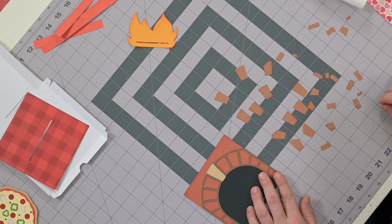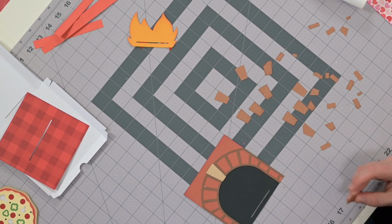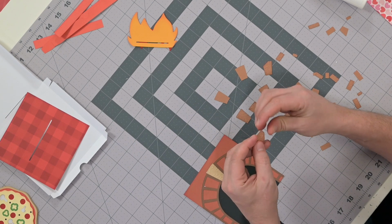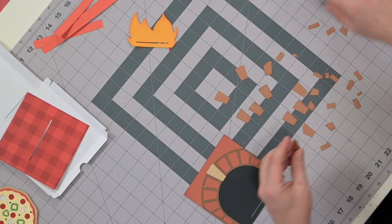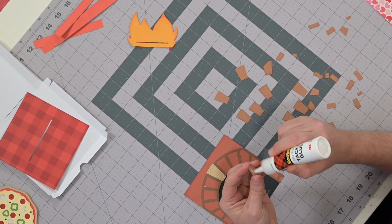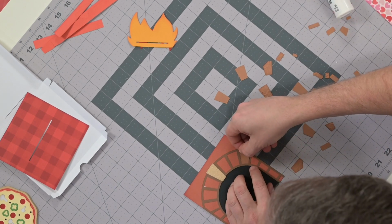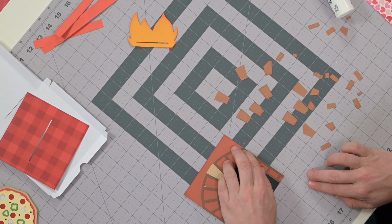Okay, let's start with these funky pieces here. So you can see that these right here, we'll start here, we'll just go slow. That's going to go right in there. Okay, so I'm going to put the first layer in like a little puzzle. That's going to fit right into this little spot, just like that. Okay, now the top piece,